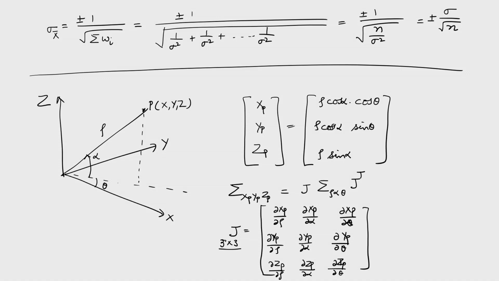So, the idea is very simple. You can use some automatic tool for this purpose, and the first tool you should use, which is freely available, is Microsoft Mathematics. It will help you to write equations. You can write your equations, and then you can differentiate and find the Jacobian matrix and so on. You can also put in some values if you have them, and test what the value of sigma xp yp zp is, and sigma xp yp zp will be a 3 by 3 matrix. That is the exercise you should do using Microsoft Mathematics. It's pretty easy to learn.